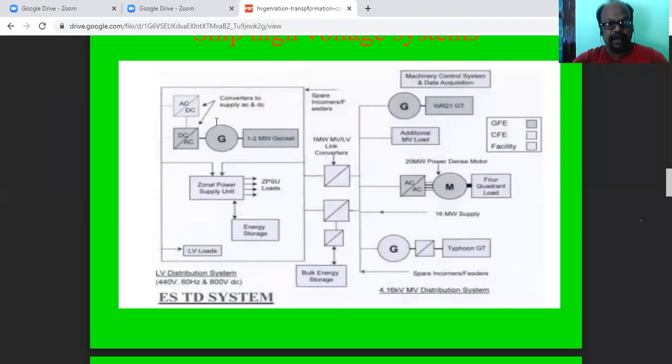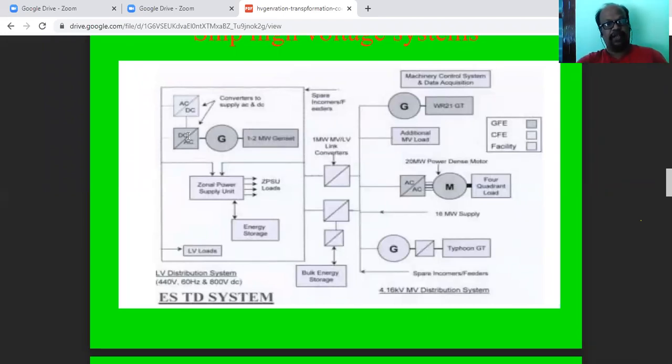In detail, this is how the generator is connected. From that, we can get AC to DC and DC to AC. Suppose I go for various other inputs, apart from diesel and fossil fuel, if by some other means I am able to produce power, that power may be very flexible. Say, for example, I am using very big PV panels, a PV farm and windmills. Obviously, based on the wind speed or the light intensity, that may be varying.